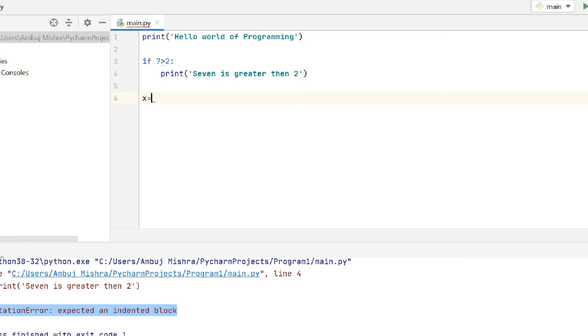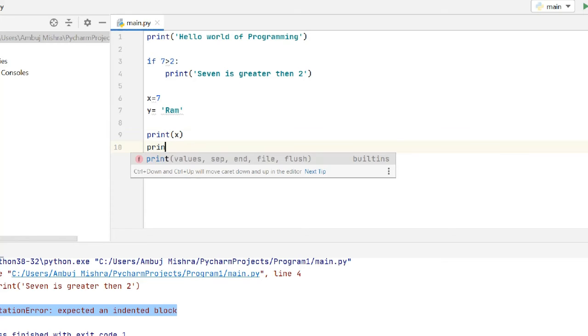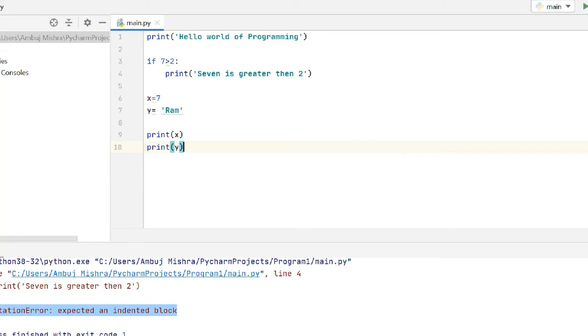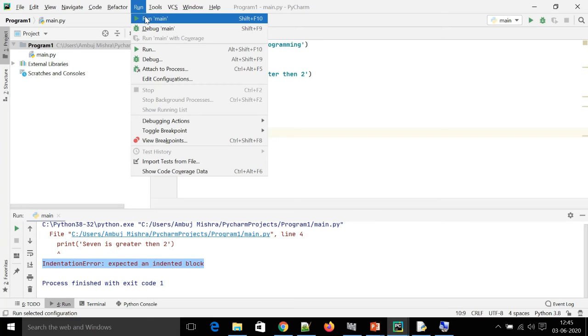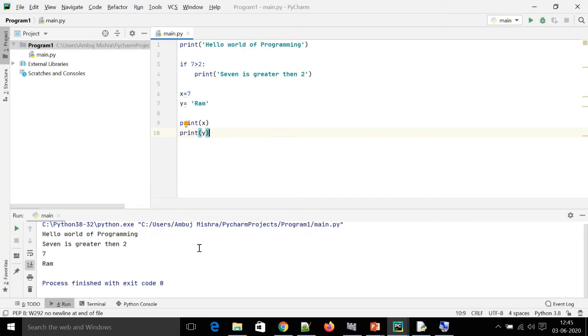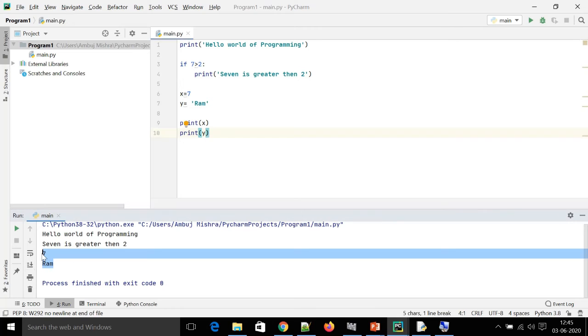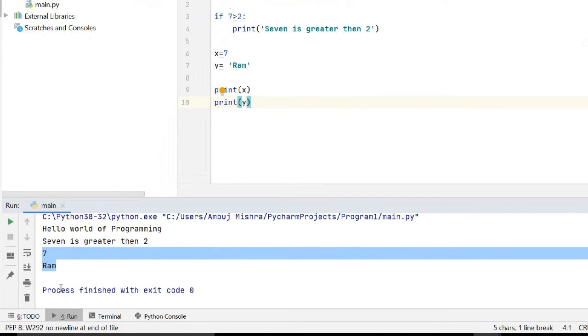Let's declare x equals 7, y equals RAM. Okay, let's print it. Print x, print y. Let's see what the output will be. Run main. Here is the output. 7 and RAM.